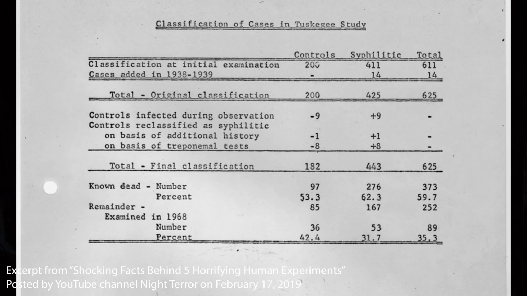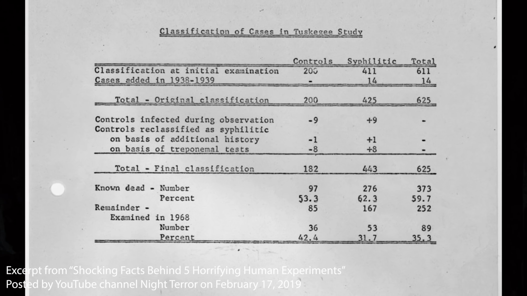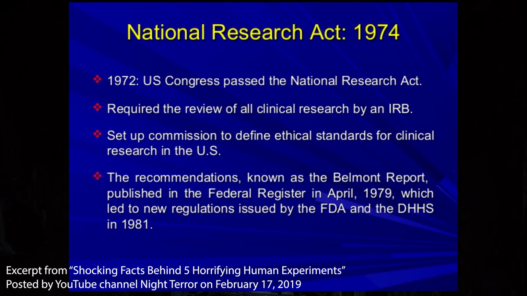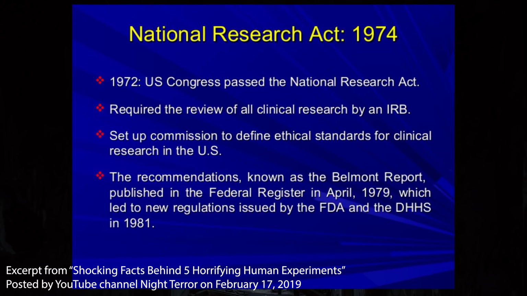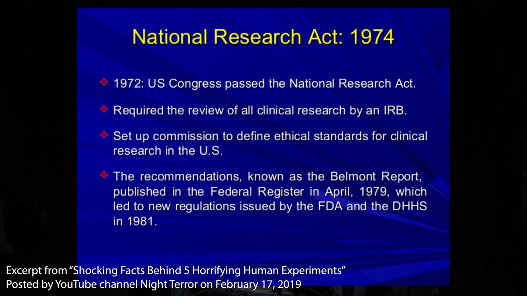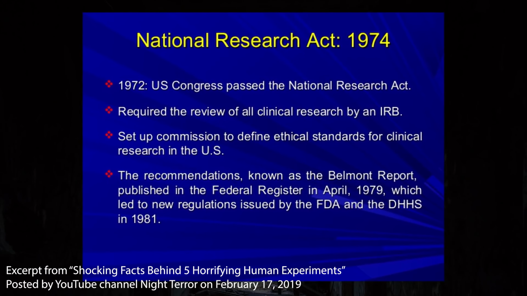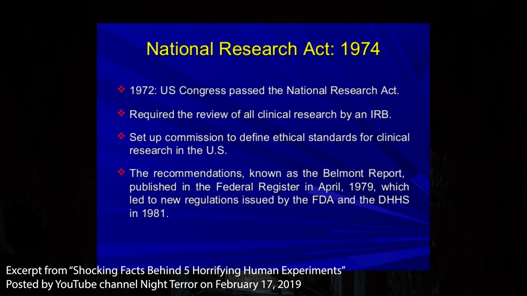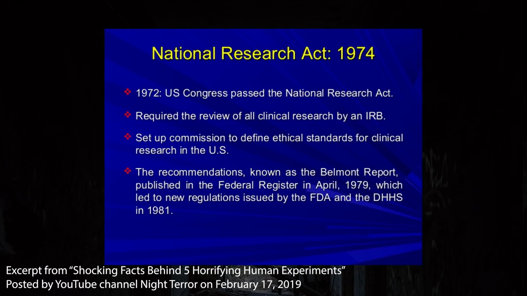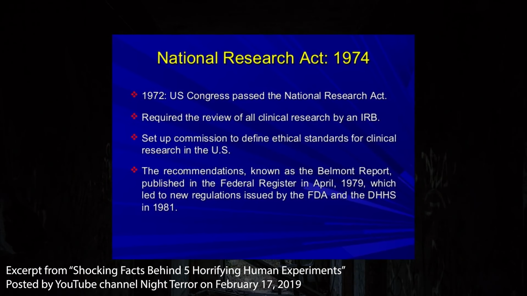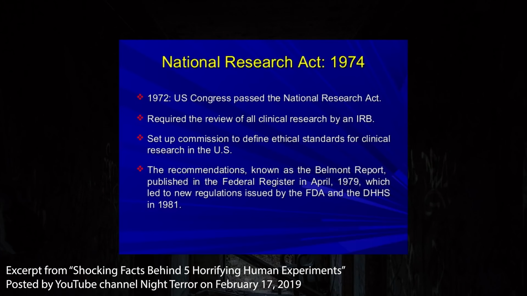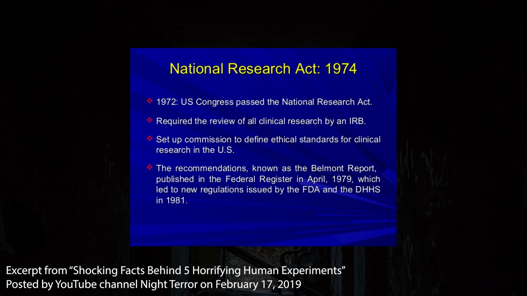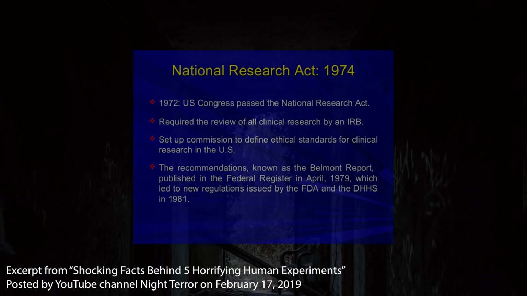If any good came out of this experiment, it's that in 1974, Congress passed the National Research Act and also created a commission, the National Commission for the Protection of Human Subjects of Biomedical and Behavioral Research, whose purpose is to study and write regulations governing studies involving human participants. The result of which now requires that participants must give informed consent, must be informed of a diagnosis, and the studies themselves must provide an accurate report of the results.